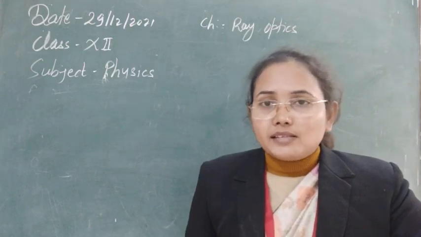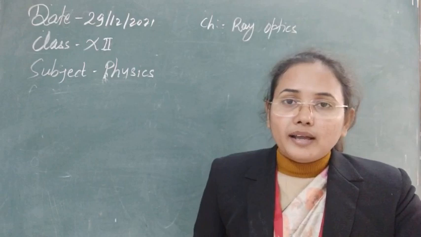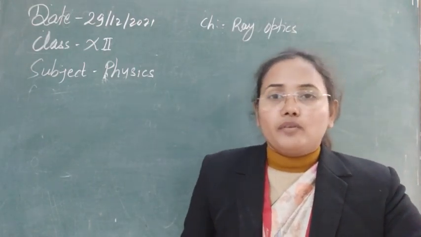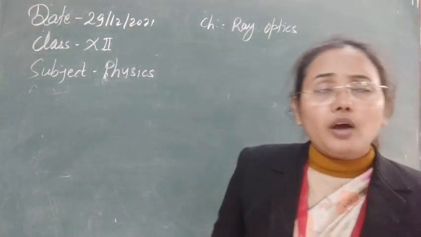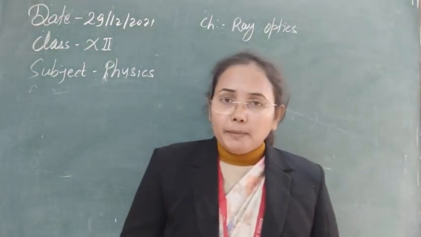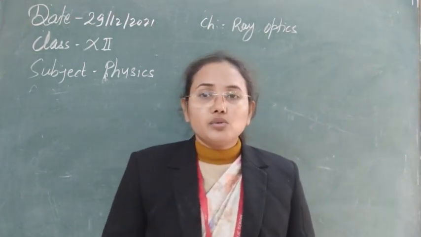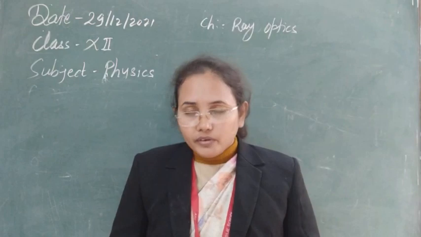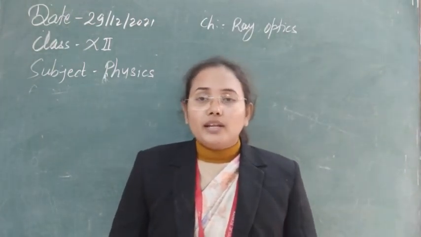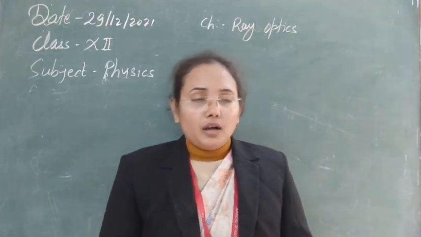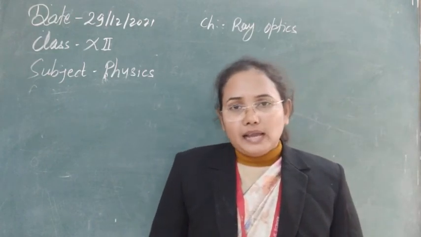And now again, as every spherical surface has a focus, we will have two foci in this case of the biconvex lens or biconcave lens, both cases. Next one, converging and diverging property of lenses. As you know, the convex lens, or convex surface, starts to converge the light at a single point, that is called the focus. So that's why they are called converging lenses. And concave surfaces have the nature to diverge the light, so they are called diverging lenses.